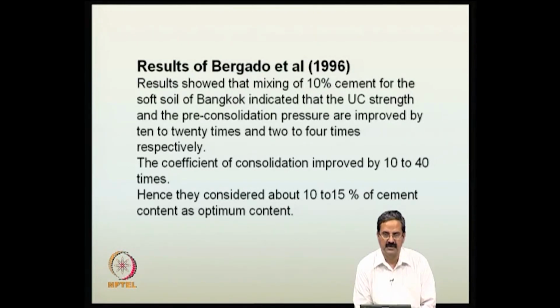the pre-consolidation pressure, like we know that the settlements are very important. If the pre-consolidation pressure is higher, the settlements are going to be lower. So, it also increased, say for example, instead of 100 it becomes 200 kPa, or if it is 250 kPa it becomes 500 kPa, like that. So, the pre-consolidation pressure also increased very well, and the coefficient of consolidation improved by about 10 to 40 times,